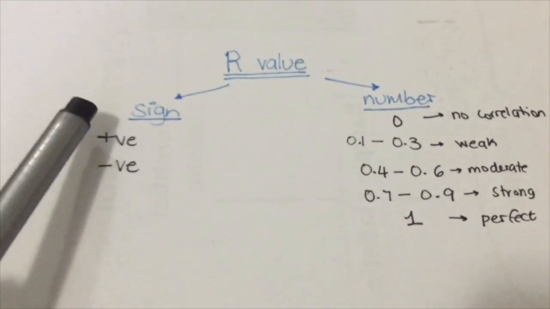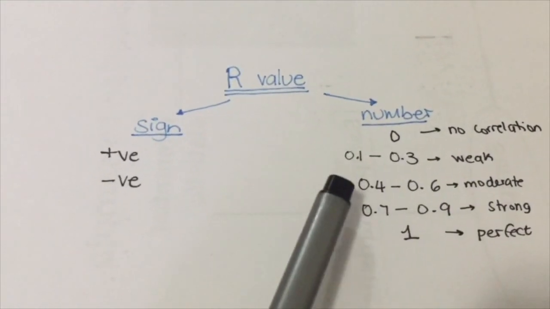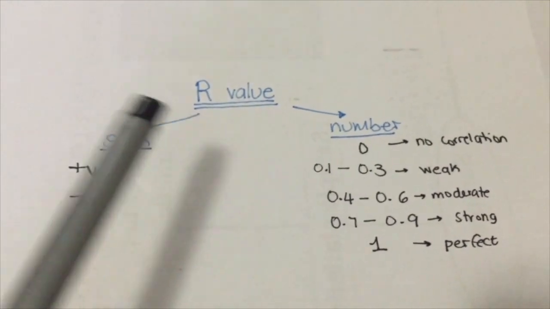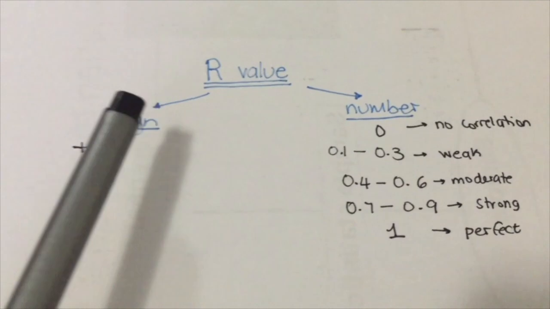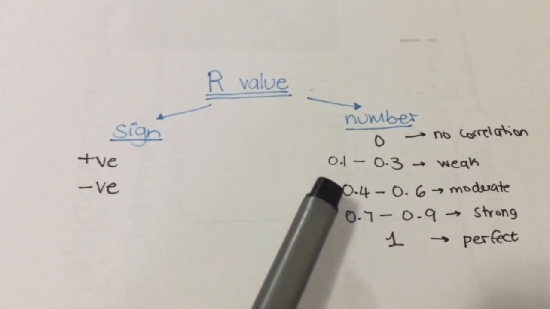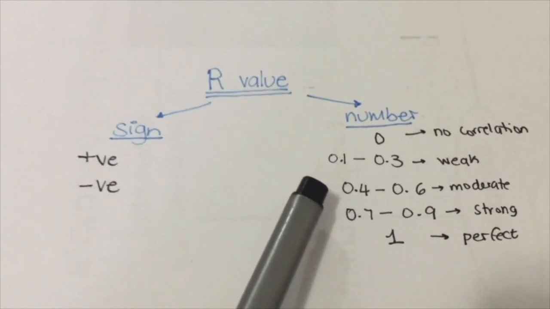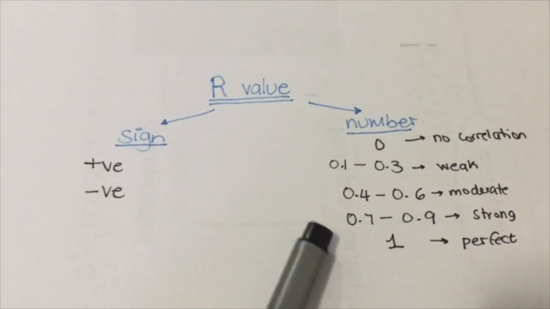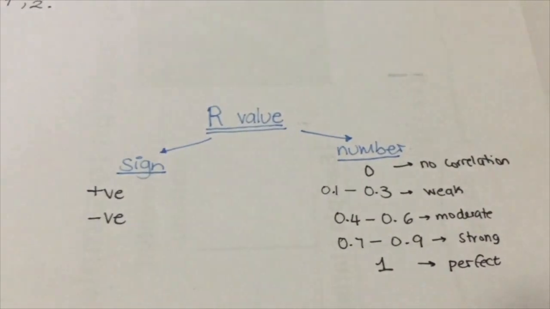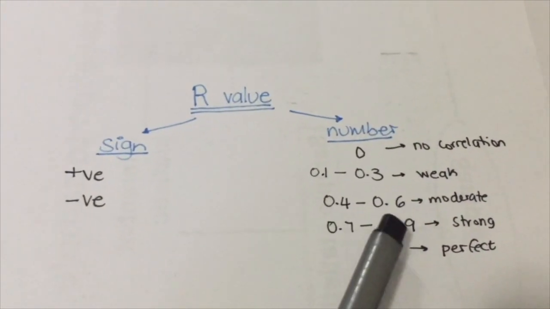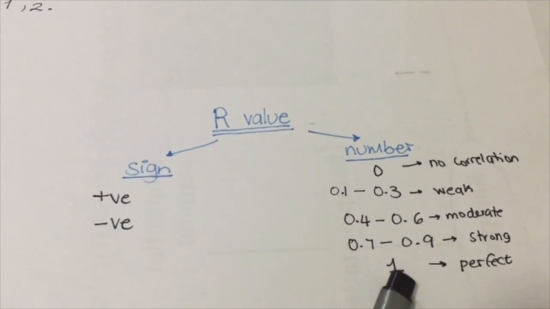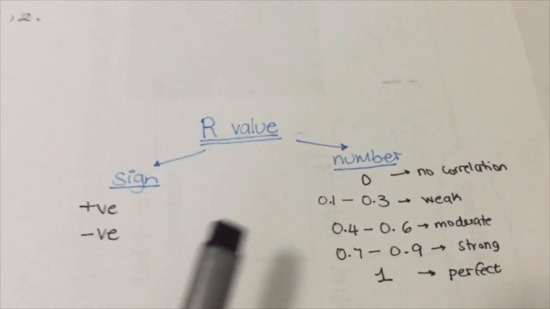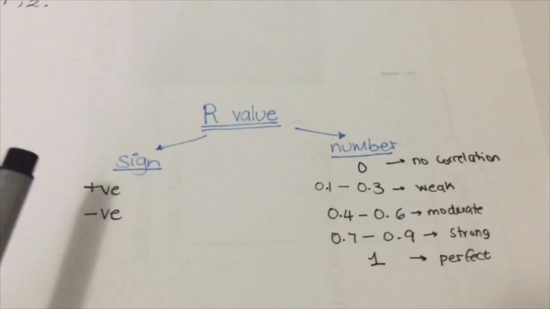So if it's a positive number that is between 0.4 and 0.6, we can say that it is a positive moderate correlation, or they are positively correlated to each other, and it's in a moderate way. If it's between 0.7 and 0.9 and it's a negative number, we say it's a strong negative correlation. If it's a 1, we can say it's a perfect negative correlation or perfect positive correlation,